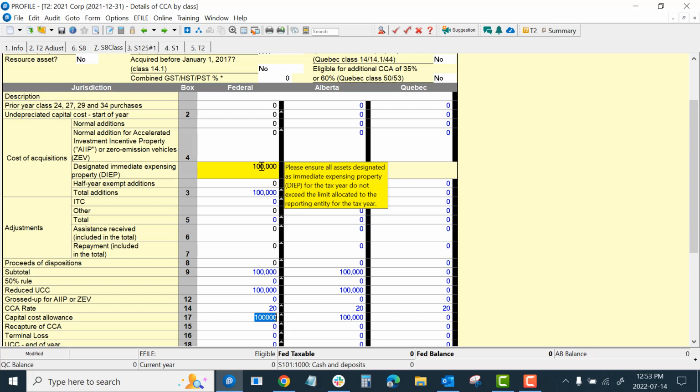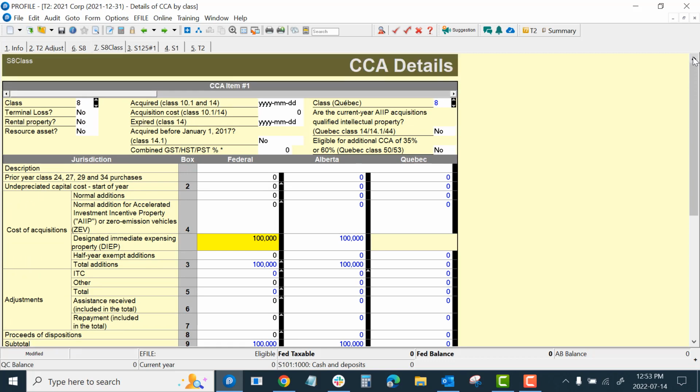So Profile does alert you to be cognizant of this. And it's as simple as that. That's the immediate expensing. I enter an eligible class